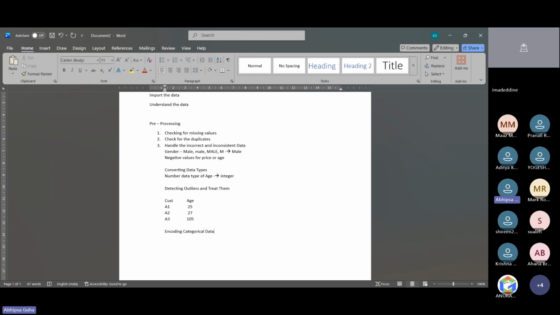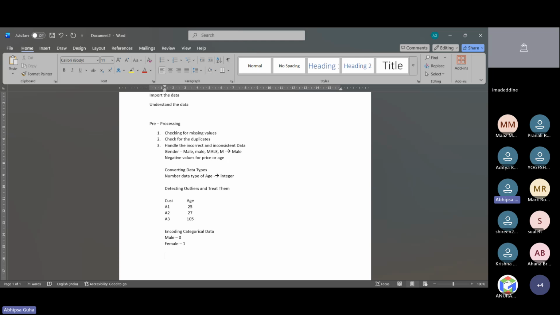So we need to change it to numbers because my model only understands numerics, not the letters or the alphabets. So suppose male I am converting to 0 and female I am converting to 1. So this is what we do in the case of encoding.